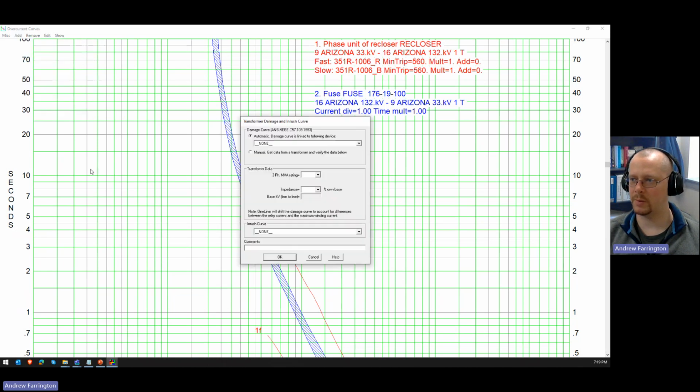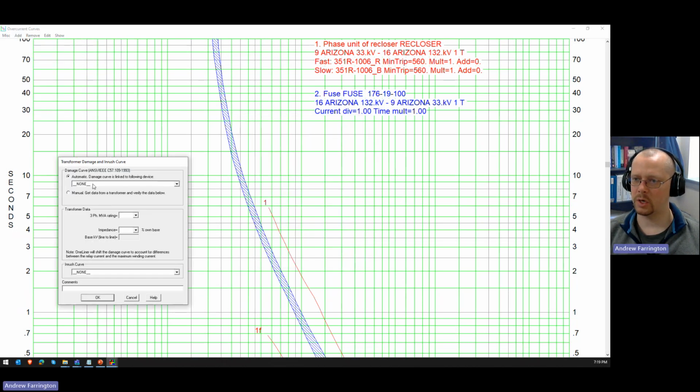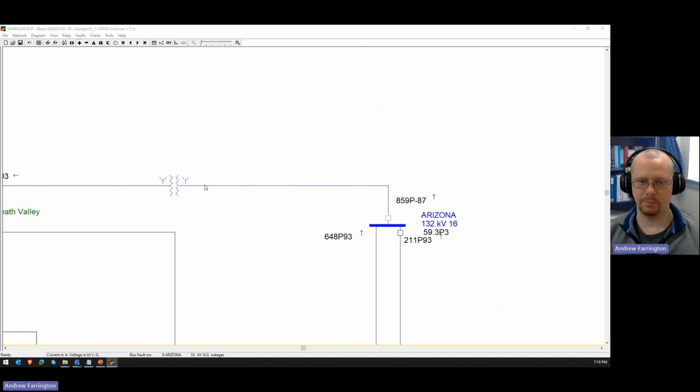So you go to the transformer damage curve, and it'll let you automatically select which relay is associated with the transformer you want to add the curve for. It doesn't matter which one of these you select. We'll select the recloser, or you can do a manual, I suppose, if you want. But it automatically populates the impedance. And remember how I said for transformers we want to have that MVA rating entered, even though it doesn't impact the fault currents. The reason you want to have that,